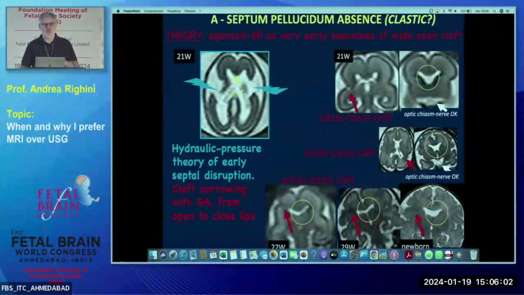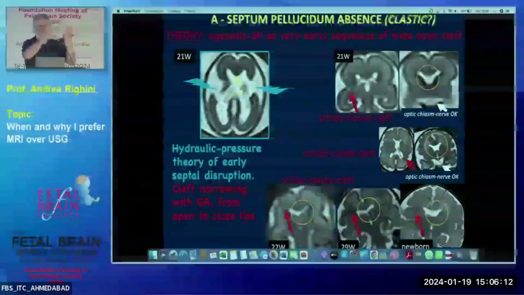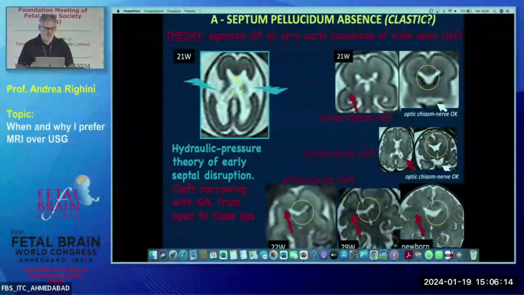Other times the pathology is not there for 2 reasons probably, just making a very coarse picture. One is because it's cluster based, the other because it's net. In my opinion, and other people's opinion, most of the absence of the corpus callosum, of the septum pellucidum, sorry, when you have some cortical anomalies or closed lip schizencephaly, is the classic etiology.